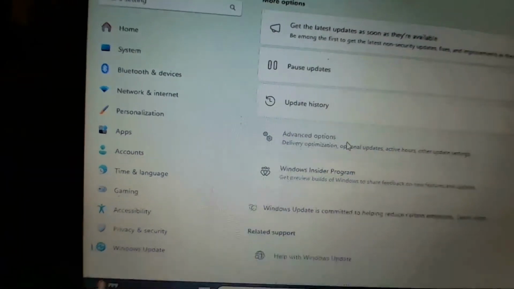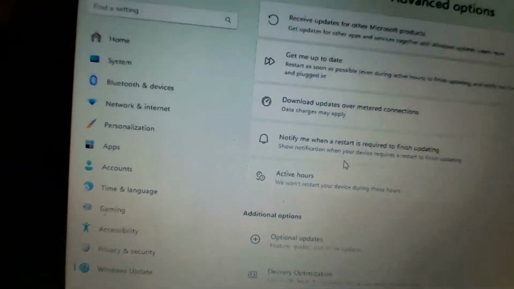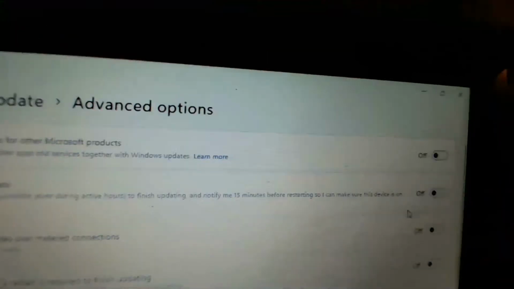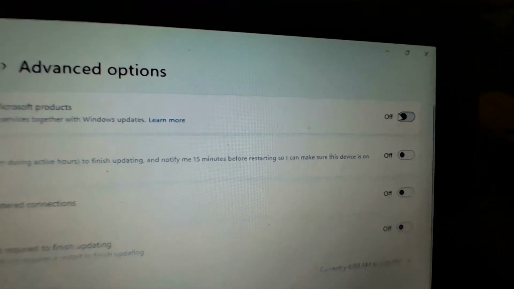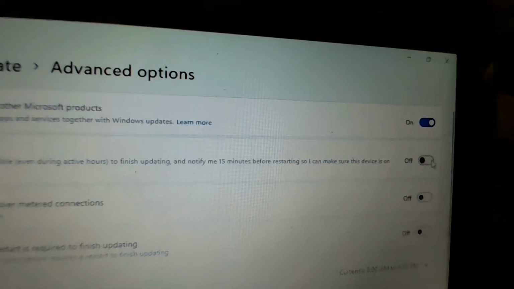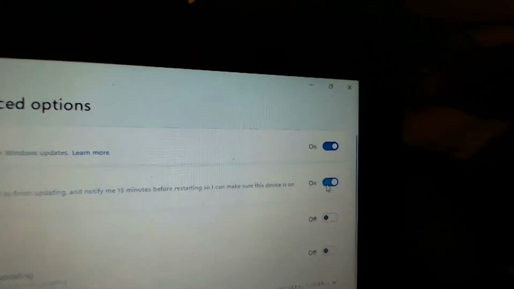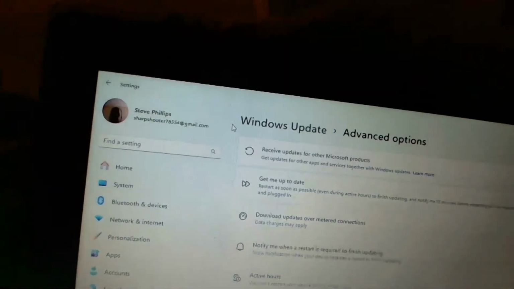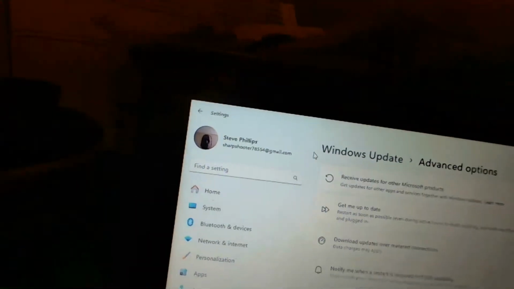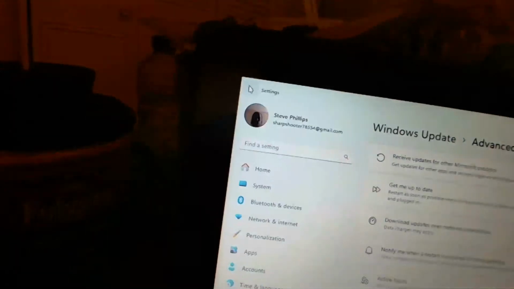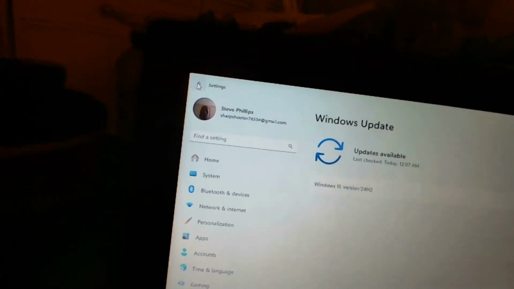So I'm going to try this one and see what this pops up, guys. You don't necessarily have to have these two on, but I do recommend turning those on at first. So you're going to come to Windows Update, go to Advanced Options. Now that you actually have that back, since you have those turned on,